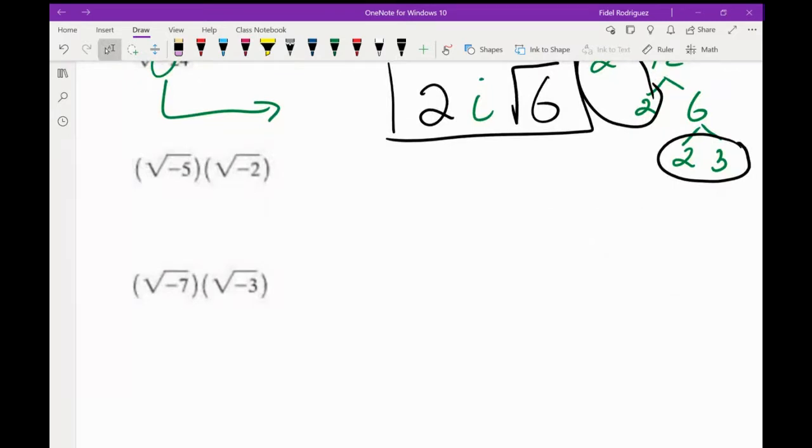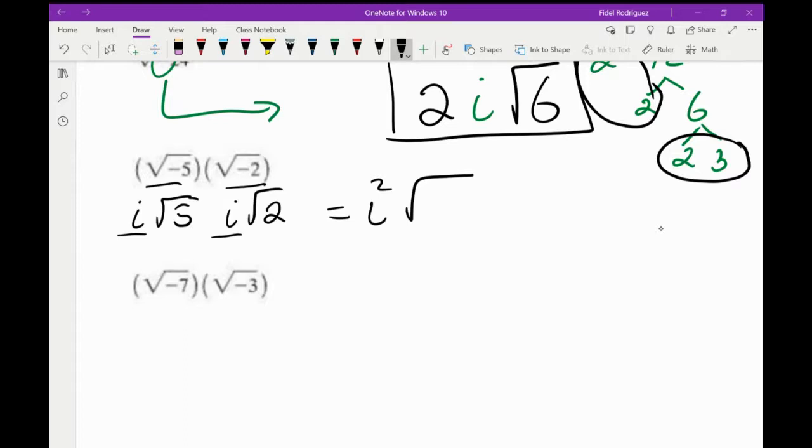All right. So let's take a look-see here at the next one. We got the square root of -5 and the square root of -2. So before I start multiplying, I need to simplify these parts first. Meaning, because there's a negative on the inside, I got to take out that i. Same thing here. There's a negative on the inside, I got to take out that i. Okay. So the next thing we're going to say is, well, look, we're going to multiply the i's together. That's going to give us i squared. And then we can multiply the numbers on the inside. So 5 and 2 is going to give me 10.